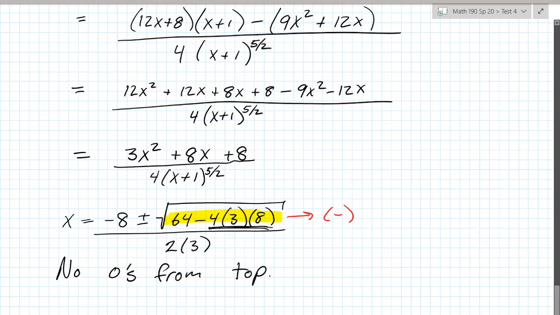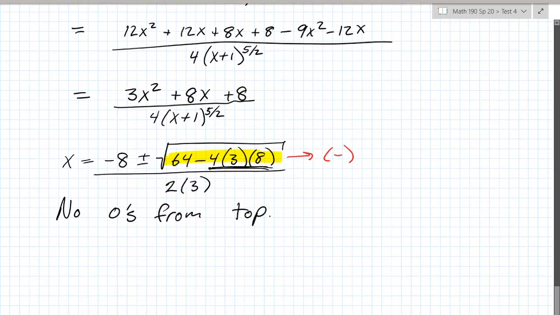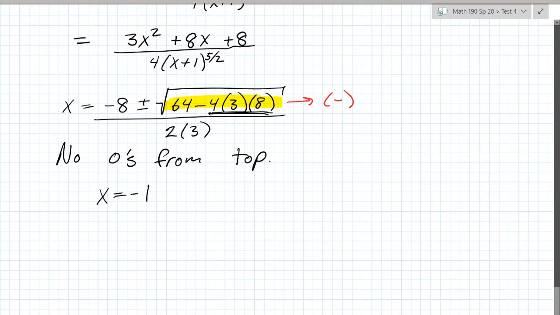What about the denominator? Do we have any zeros from the denominator? Well, there's an obvious 0. That is when x equals -1. Great. So note that since there are no zeros from the top, I can also take a look at this and note the top is always positive. So I do my number line,